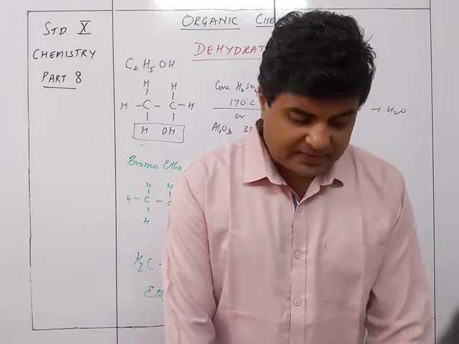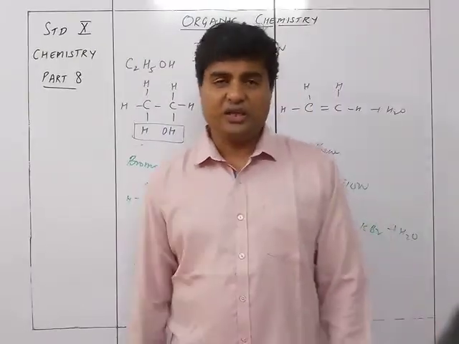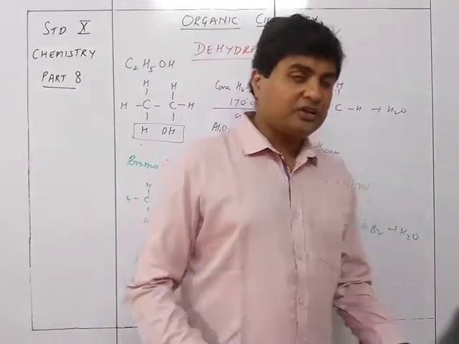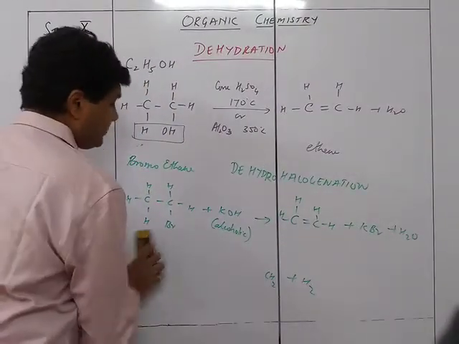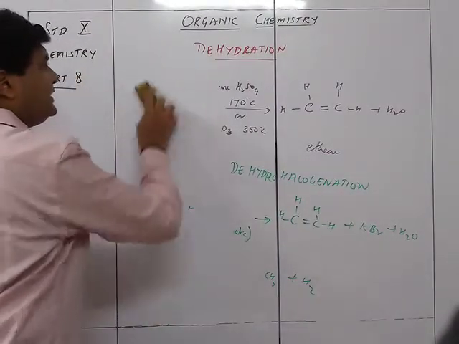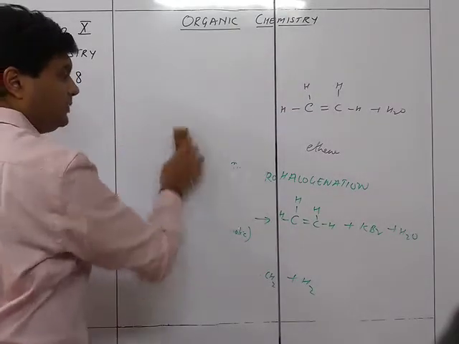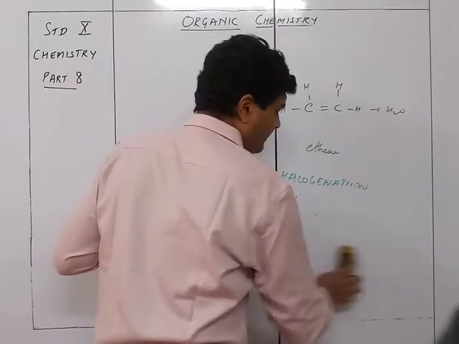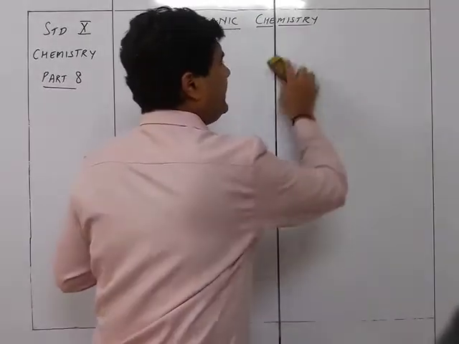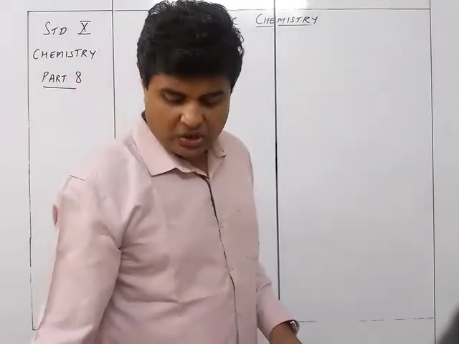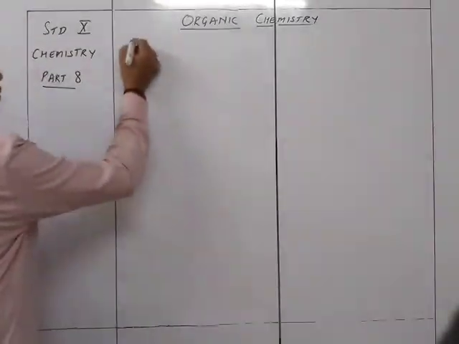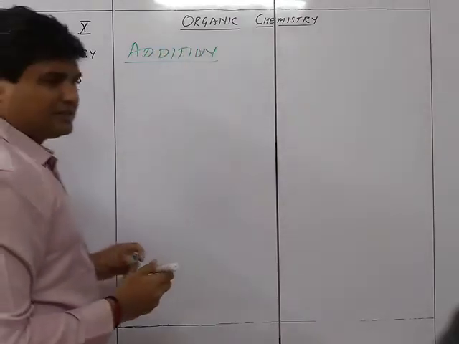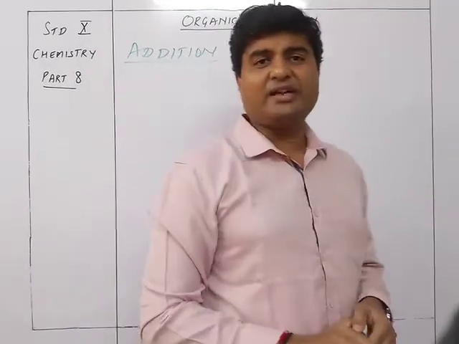Now the next one is the chemical properties of ethene, that is ethylene. Now this is very, very important. First and foremost, all these alkenes have a double bond, and due to the presence of the double bond, the only reaction which takes place in these cases is the addition reaction. It is the addition reaction which will occur the maximum amount of the time.